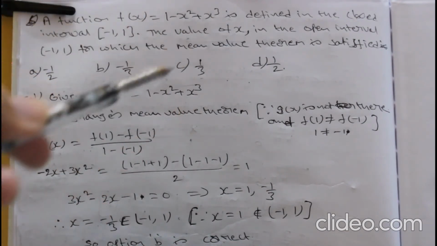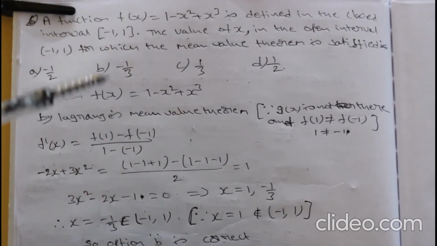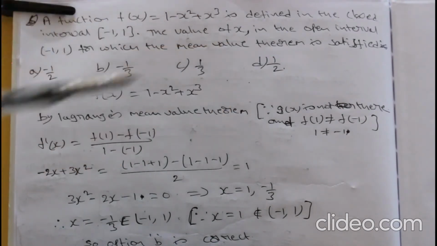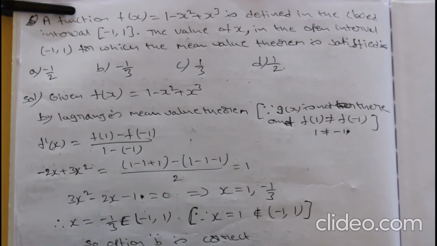Okay, so basically friends, we have to solve this question using the mean value theorem. It is not mentioned which one. So basically there are 3 mean value theorems: one is Rolle's mean value theorem, another one is Lagrange's mean value theorem, and the third one is Cauchy's mean value theorem. So among those 3, which one do we have to use? We have to identify that. That is the critical part. If a question is asked based on the mean value theorem and it is not mentioned, then you have to identify which will be the best one for this question.